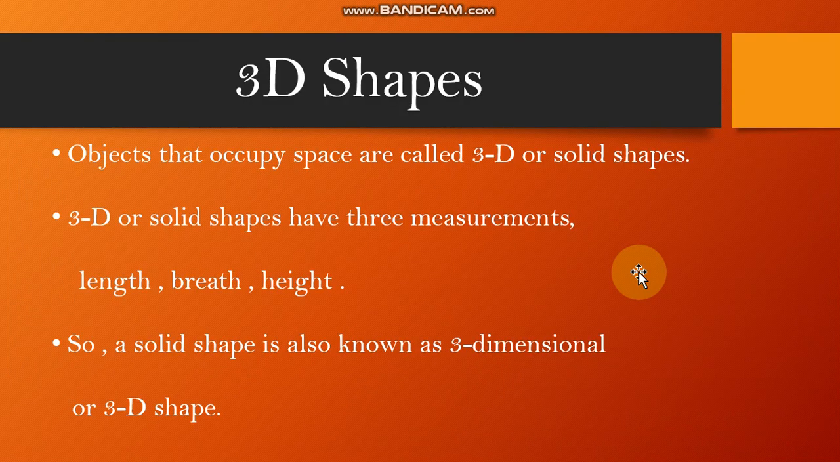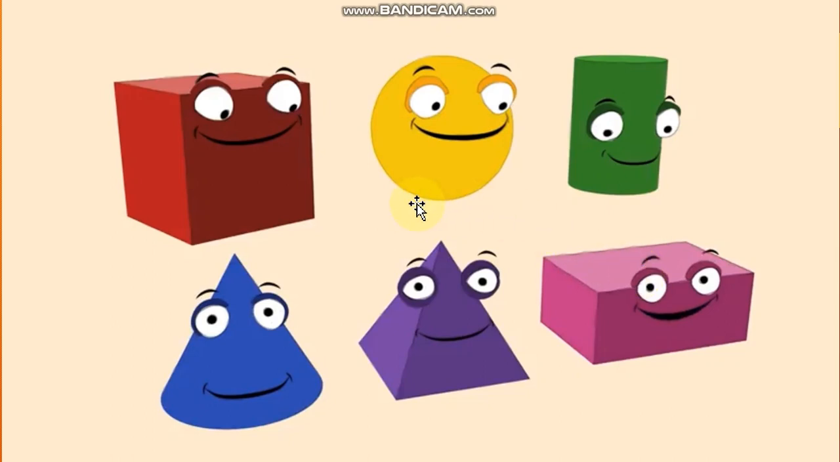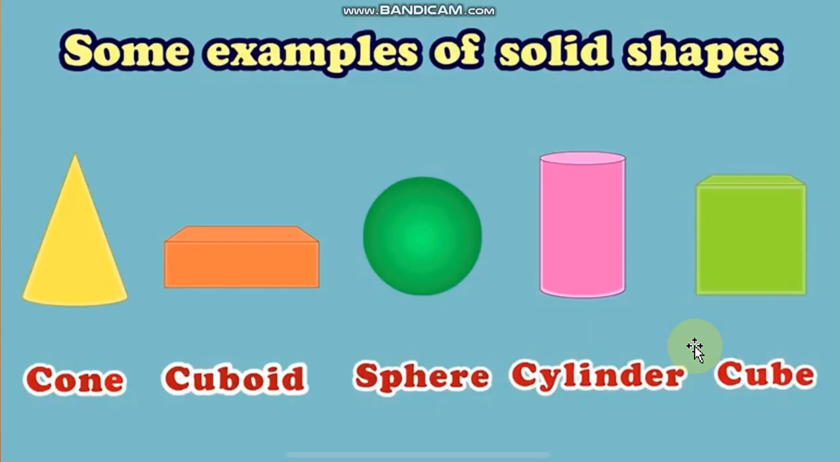Let's learn about 3D shapes now. What are 3D shapes? Objects that occupy space are called 3D or solid shapes. 3D or solid shapes have three measurements: length, breadth and height. So a solid shape is also known as a three-dimensional or 3D shape. As you can see in the picture, these shapes are all called solid shapes. And their names are